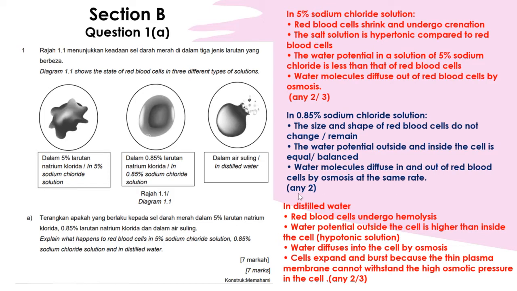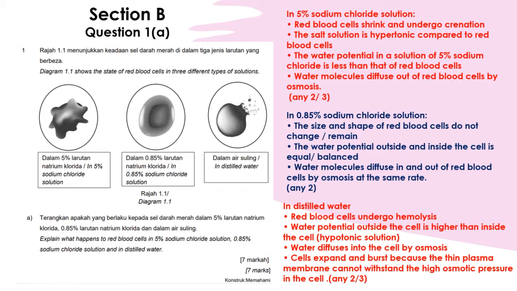So this refers to the suggested answer for the 0.85% sodium chloride solution, which is isotonic to the red blood cell. Next we go to distilled water, which is hypotonic. What do you mean by hypotonic? Hypotonic refers to